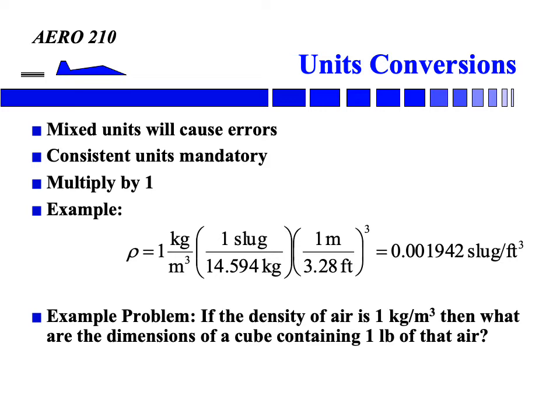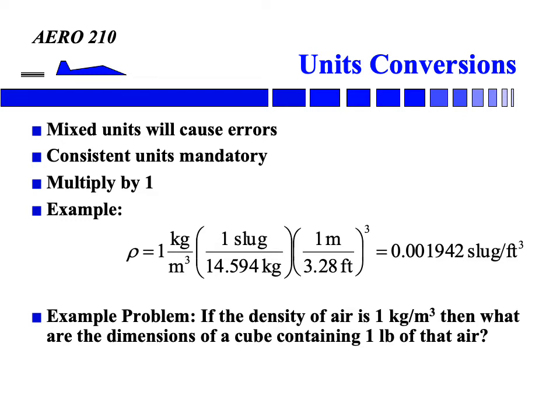These unit conversions are very simple. You simply multiply by 1. And here's an example. Let's say we have a density specified as 1 kilogram per meter cubed, and we want to express that density in the English engineering system. So we start with SI and we multiply by 1 a few times. We multiply by 1 slug over 14.594 kilograms. When we do that, the units of kilograms will cancel out and leave us with our unit of mass being slugs. And then we multiply by 1 cubed,